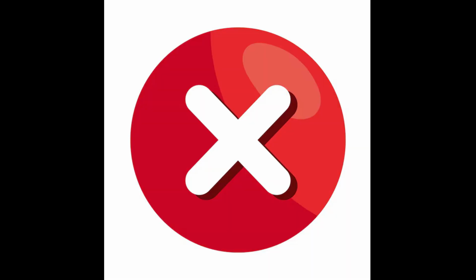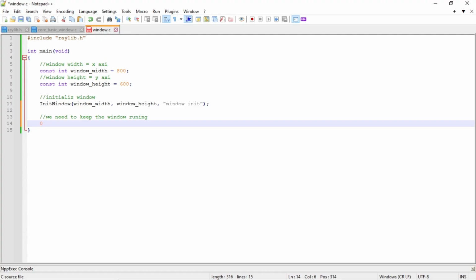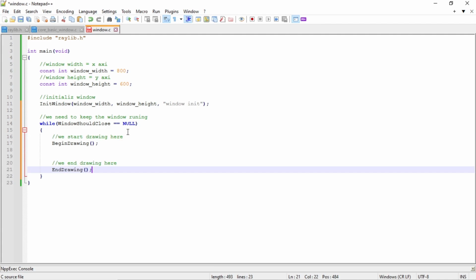Now we need to make it stay open until we manually close it by hitting the X button or clicking the exit button. We do that by using a while loop, which is the game loop, and add the WindowShouldClose function. Now we hit F6 and